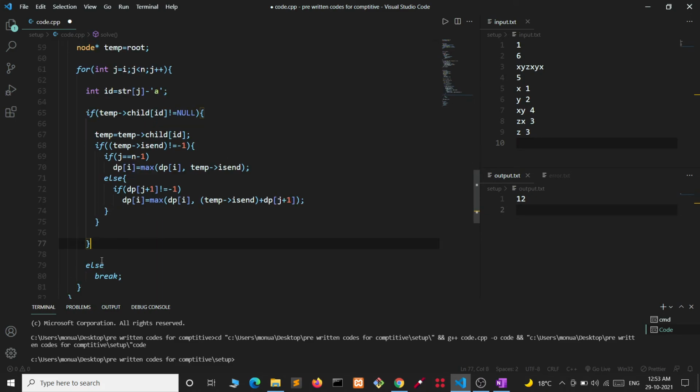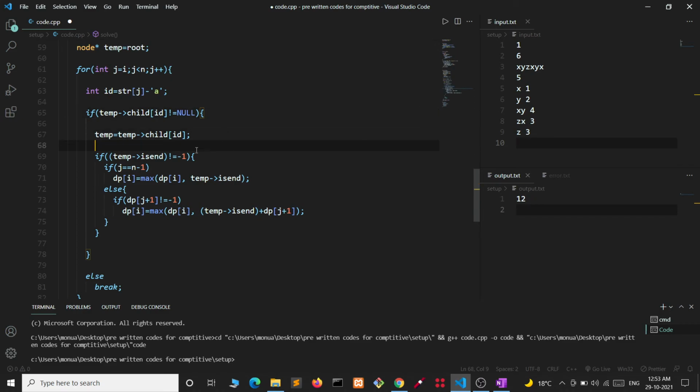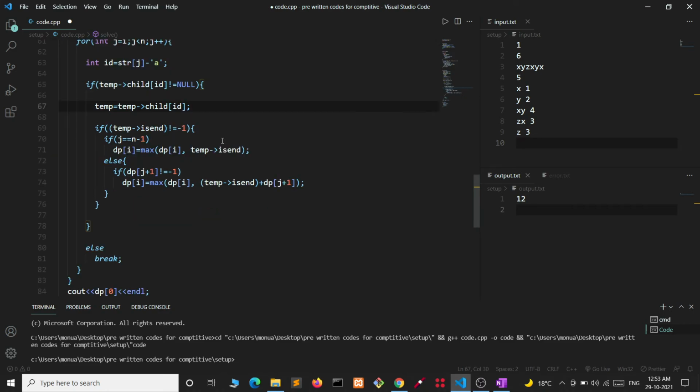So we will break. But if we can continue from that character, then we will go to that character and we will check if temp's isEnd is not equal to -1, which means from s[i] to s[j] we found a valid word.